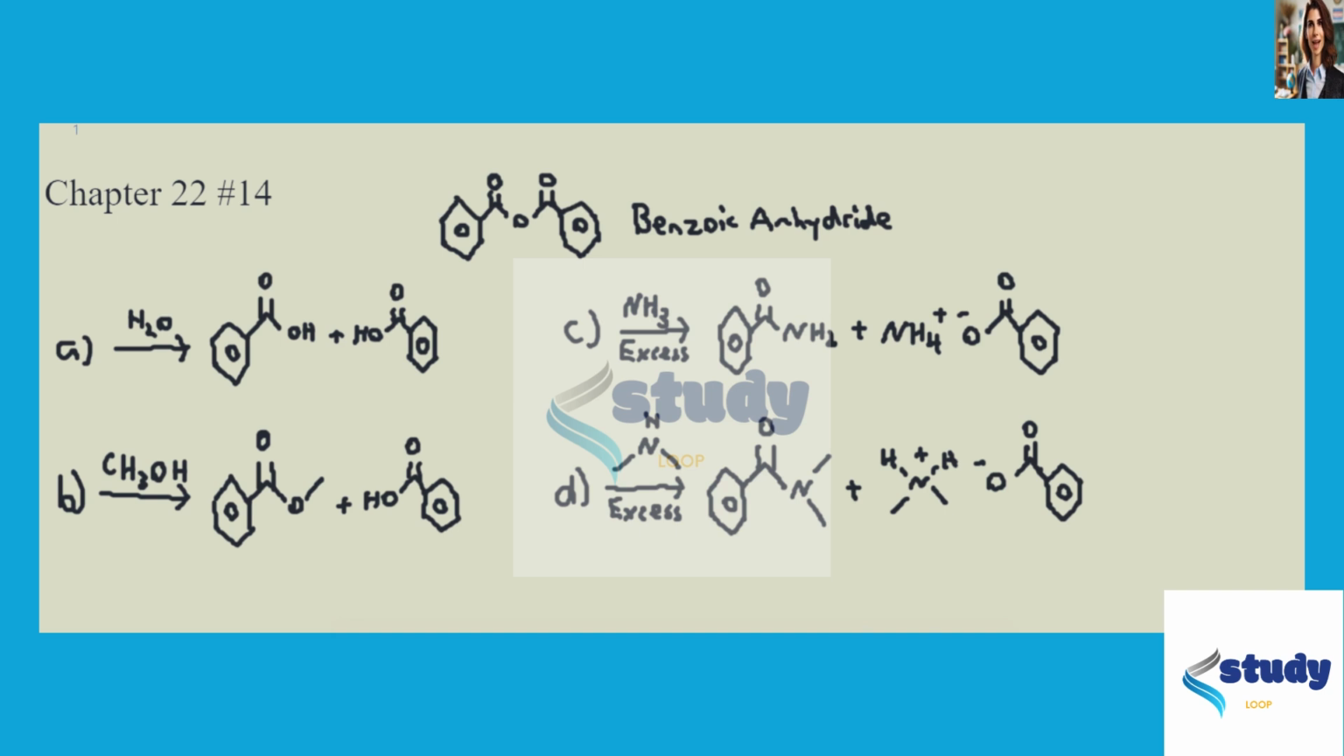This is the answer to Chapter 22, problem number 14, from the Smith Organic Chemistry textbook. This problem is asking us to treat benzoic anhydride, pictured here at the top, with 4 different reagents and to predict the products. And so the thing to remember here when trying to solve this problem is you have to